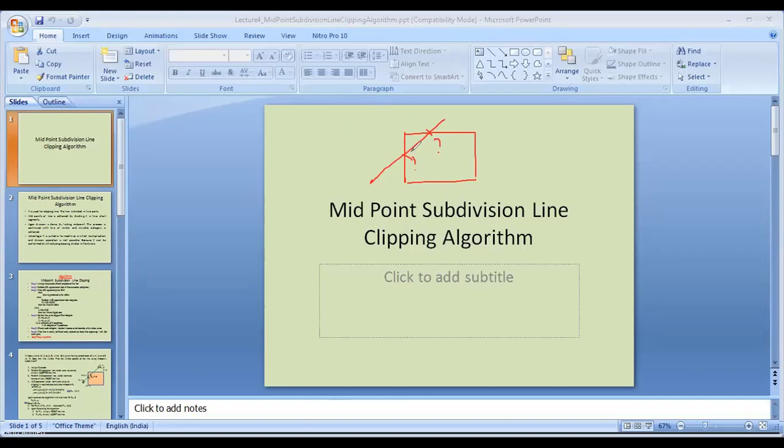Okay, so the computations were very complex and expensive because they require division, multiplication, and many other things. So it is difficult to implement as hardware. That is why we have another option, an alternative, to implement the line clipping algorithm, that is midpoint subdivision line clipping algorithm. Okay, so let's see